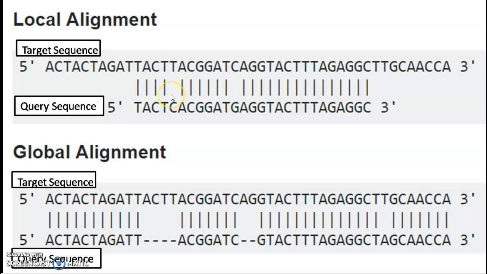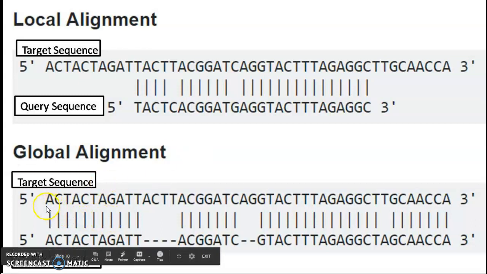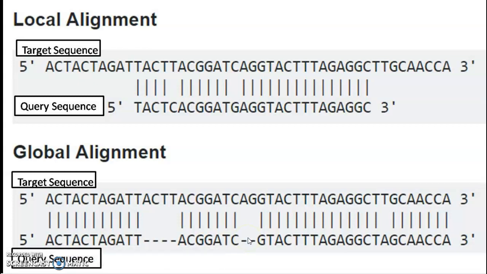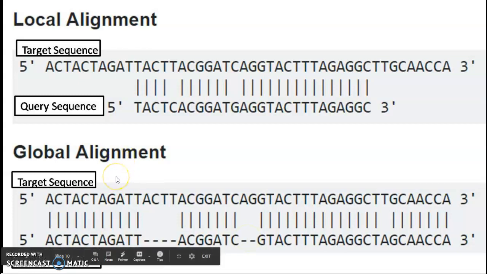So the best match between the two sequences is identified by the computational program, aligned, and then analyzed for similarity. Whereas in a global alignment, I can see that from the starting to the end region, it has been aligned one by one, and nothing has been left over. If there is a gap also, it has simply been put as a gap area. So this we call global alignment. Global alignment gives an idea about the whole characters.